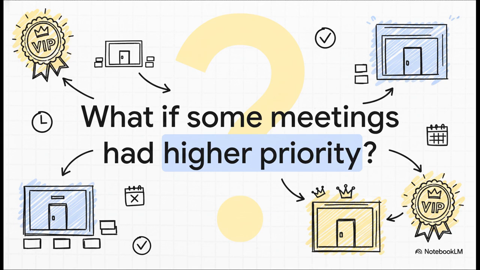But it does leave us with a pretty fascinating question to think about. Our system treated every single meeting as equal. But what if they weren't? What if you had VIP clients or emergency meetings that had to take priority? How would you change this logic to handle that? Well, that's a much more complicated puzzle, maybe for another